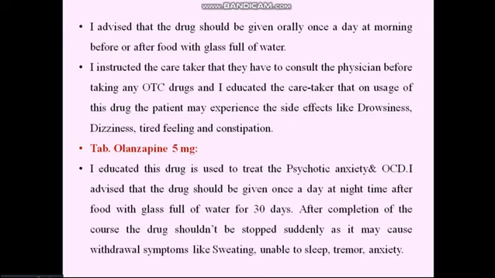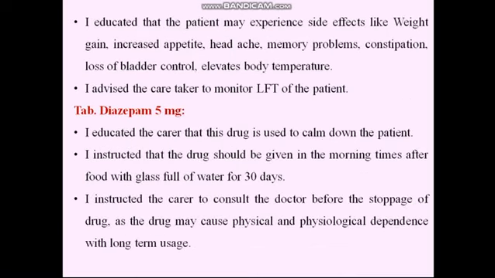That means what dose is to be taken, how the dose is to be taken, what will happen if we miss the dose, and what side effects are caused to the patient when taking the drug, all should be included. For each and every drug we have to give counseling to the patient. Here, taking an example, diazepam: why we have taken the drug, how the drug is to be taken, what the different types of side effects are that occur with the drug, and what happens if we miss the dose. Everything should be included here itself.